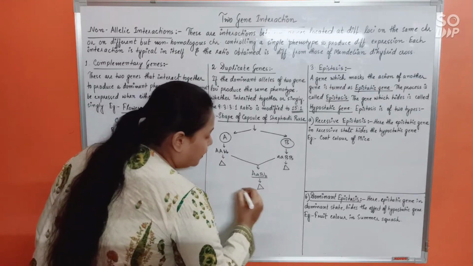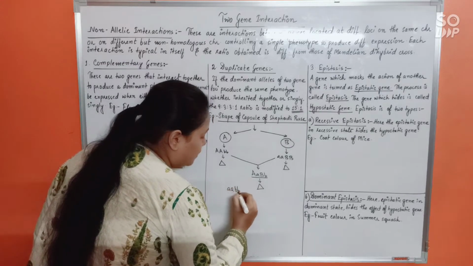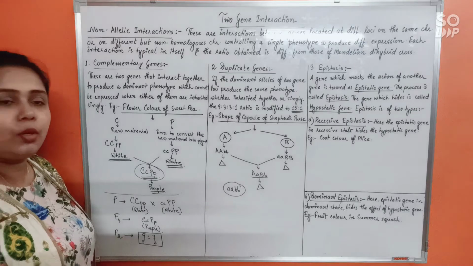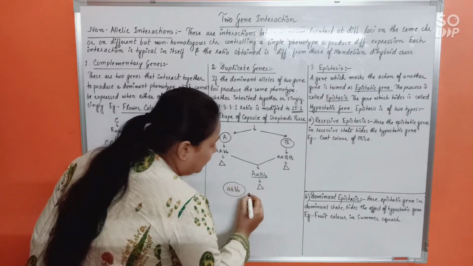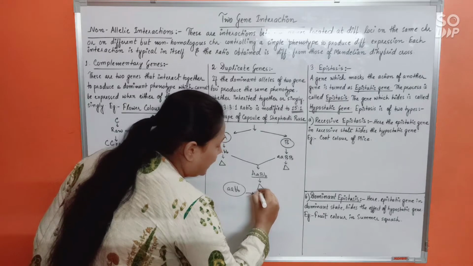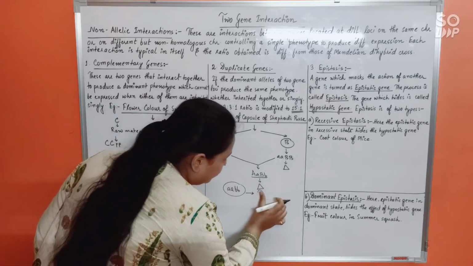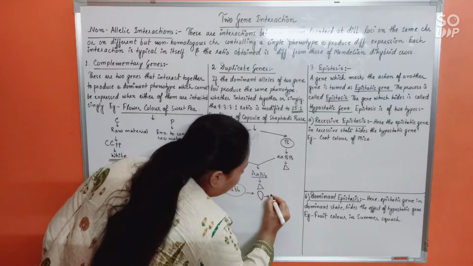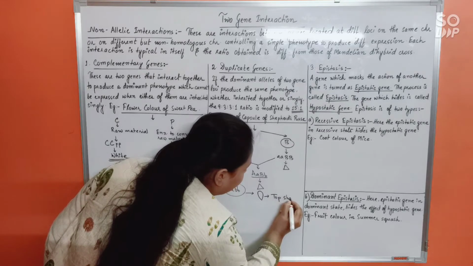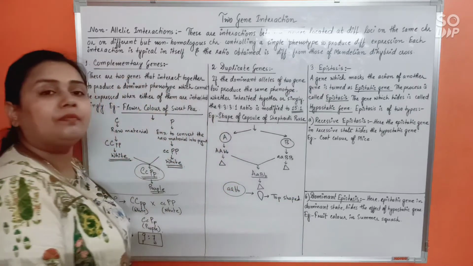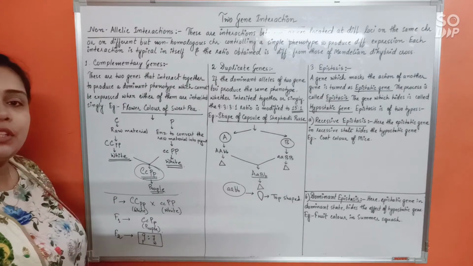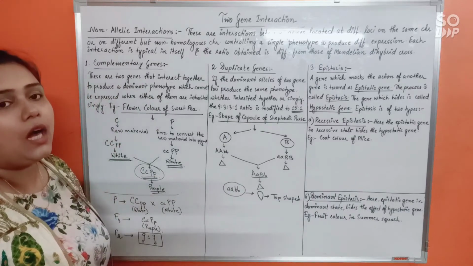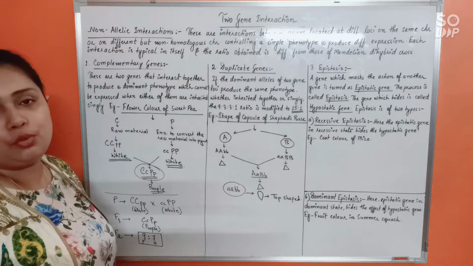Only when the genotype is like this, meaning none of the genes have been inherited at all, both are in the recessive state, only then the shape of the capsule will be like this. It will be top shaped. So in that case, these two genes A and B, which control the shape of the capsule of shepherd's purse, are duplicate genes.